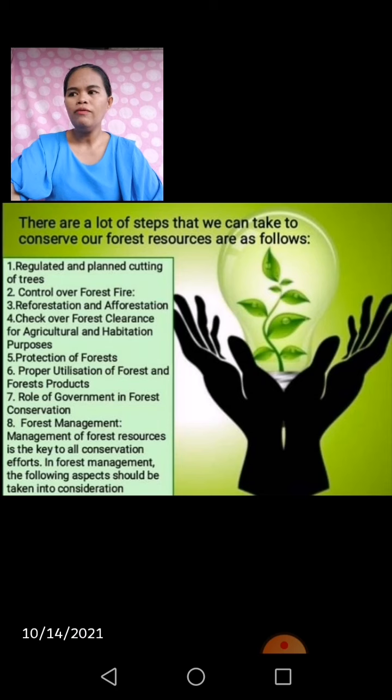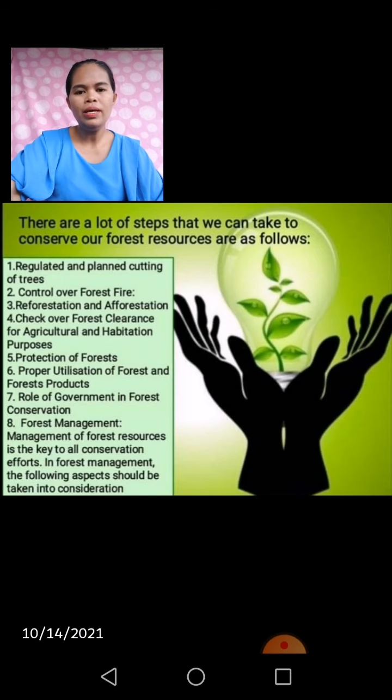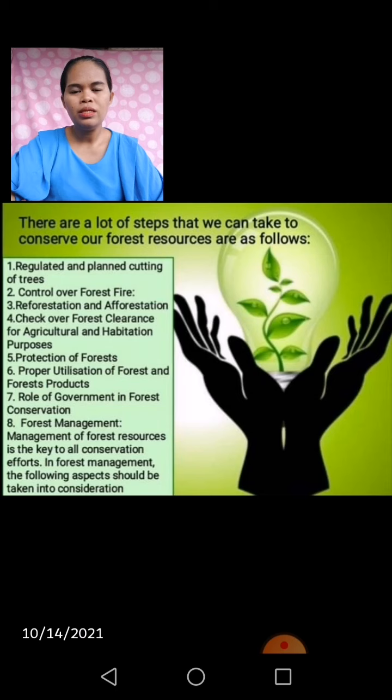Similarly, any forested land which has been destroyed by fire or mining activities should be reforested. The best example of this is the mining or quarrying in Carrascal, Surigao del Sur. They have a season when they stop quarrying, and in that season they tend to plant trees in that particular area they have quarried.